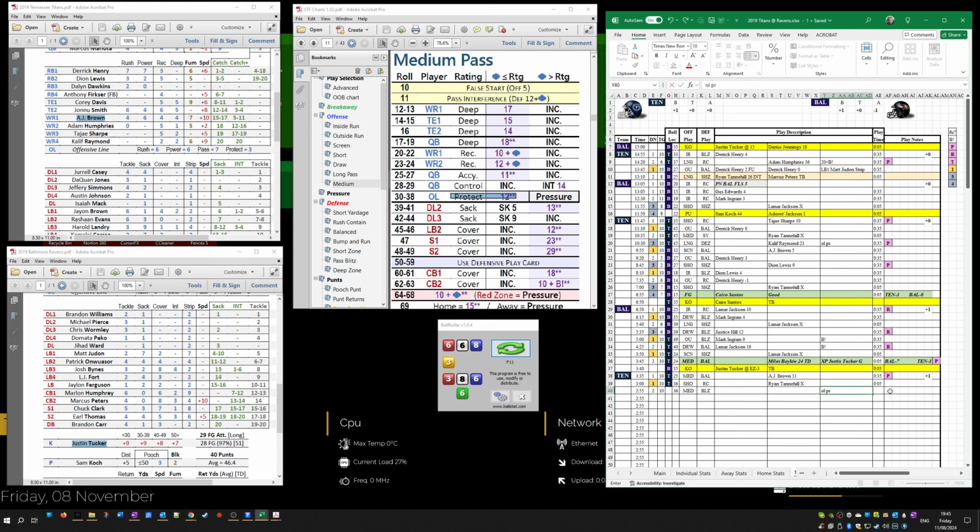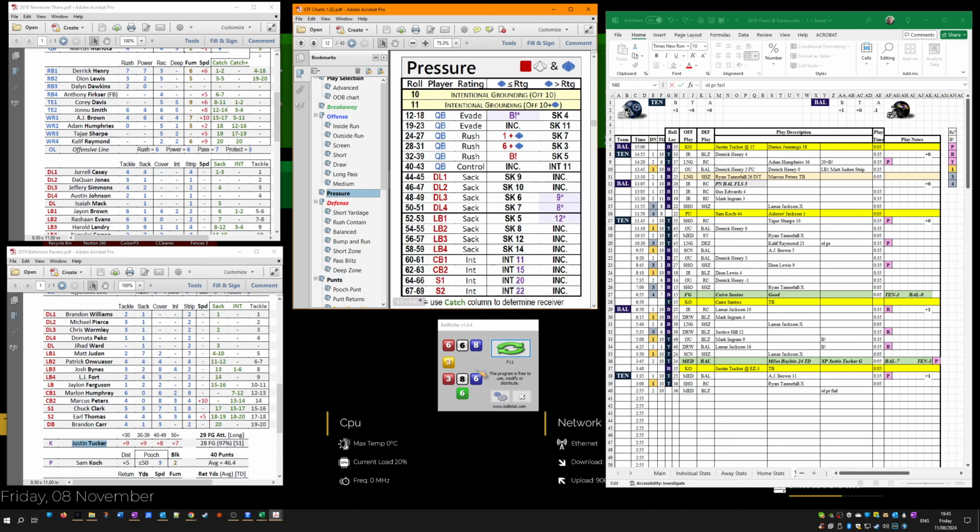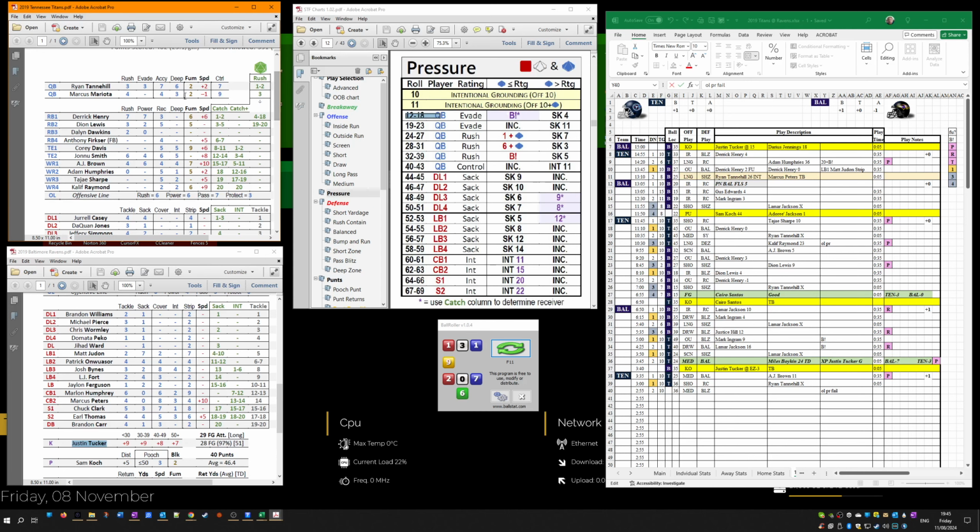No, protection will fail. O-line's protect is less than the blue die. We will go to the pressure chart. Gonna roll just the top 3 dice again. That's 13. Can he evade? He's got to beat a 1 on his evade. He beats the evade,